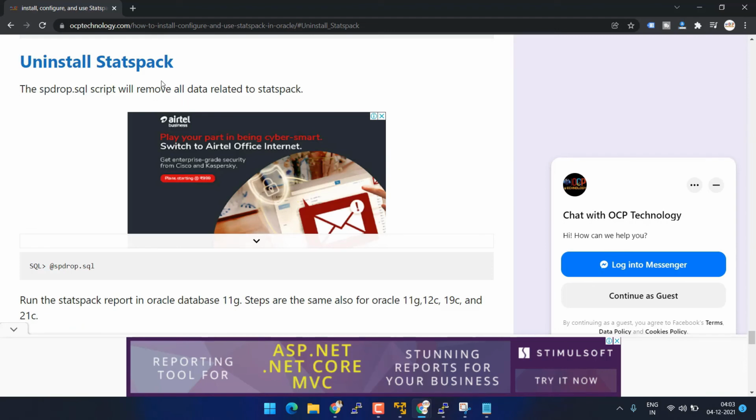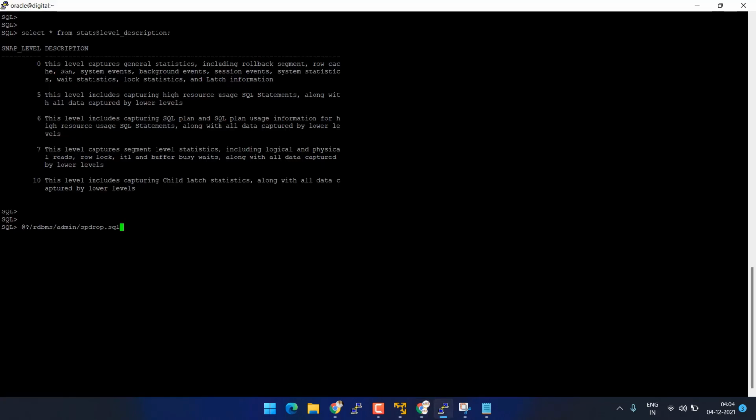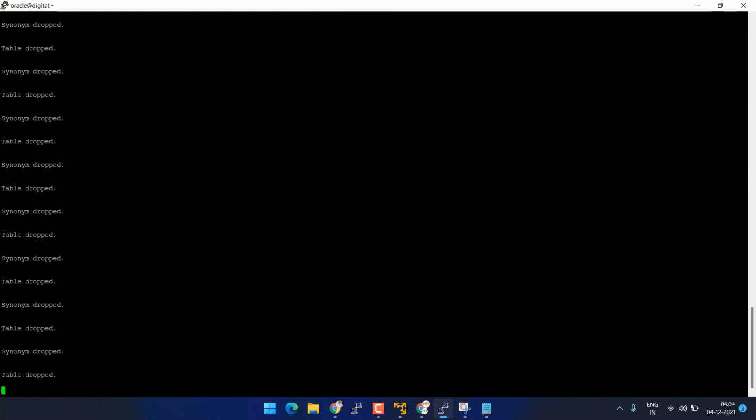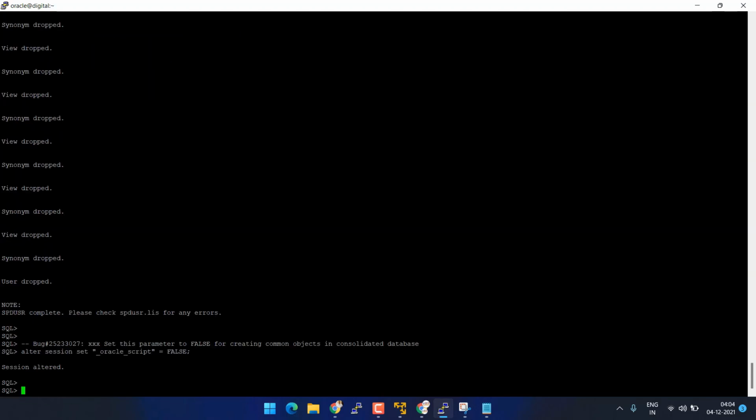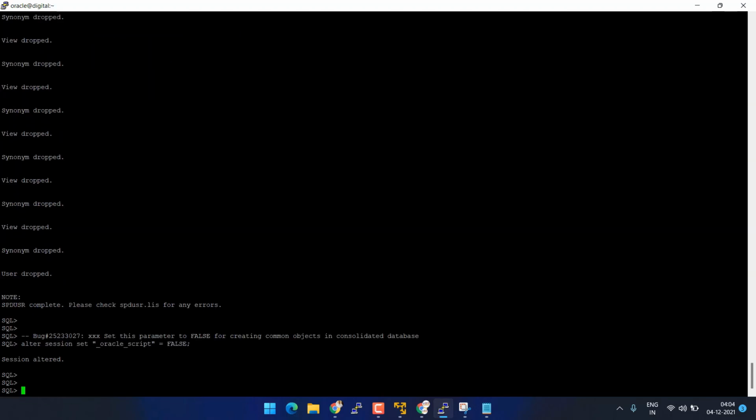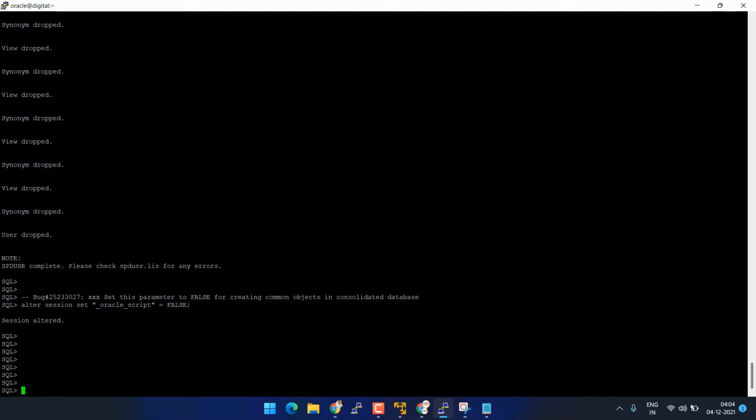To uninstall the StatSpec, we just run spdrop.sql, which removes the StatSpec completely. Run this script, enter. Finally, the StatSpec is completely removed from our system.